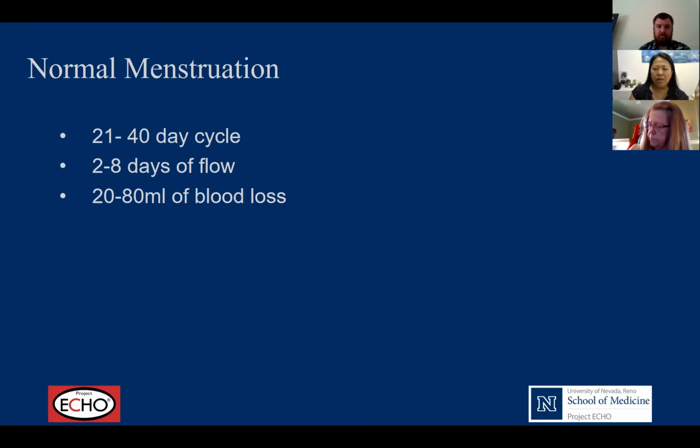Okay, so again, normal periods. For the vast majority of us, we understand a period once every month or once every 28 days is what's to be expected, but there is a range. You can have a period once every 3 weeks or a little bit longer than that, and that could be normal for that patient. In regards to flow, it could be anywhere from 2 to 8 days, and that can be normal. And then when you think about amount, it's 20 to 80 milliliters per cycle, which, how do you